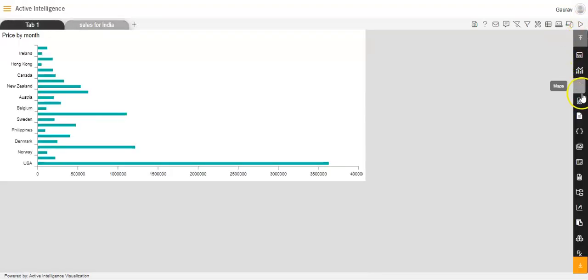Next, on our extreme right is the widget panel, where you can see multiple widgets. I just showed you how we can create one of the widgets. You can also use other widgets. You can use tables, maps, reports, cards, and custom visualization. There are videos available regarding the understanding and explanation of the other widgets also. You can view those on our YouTube channel. So this was about the dashboard overview in the AIV application.